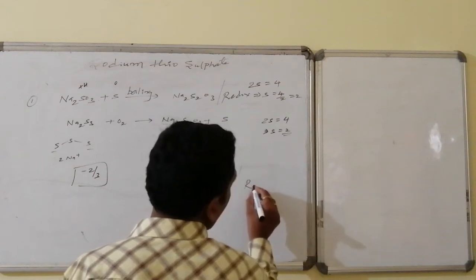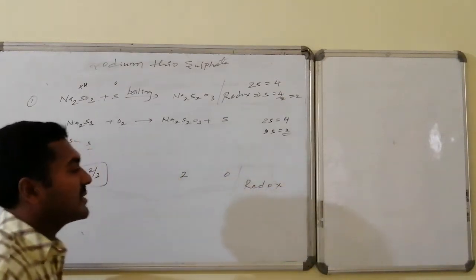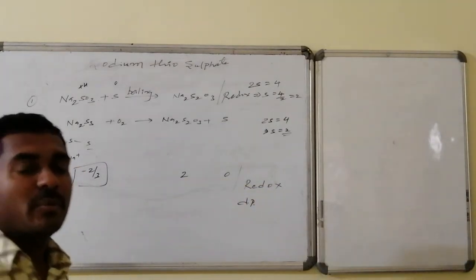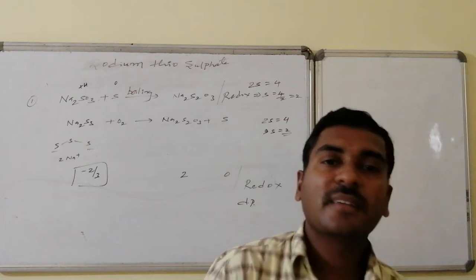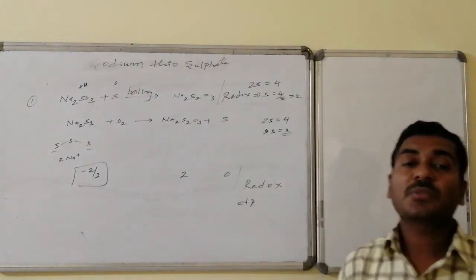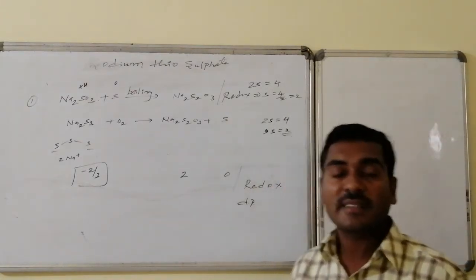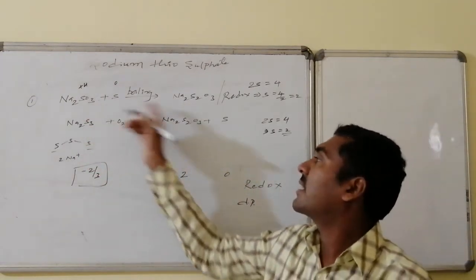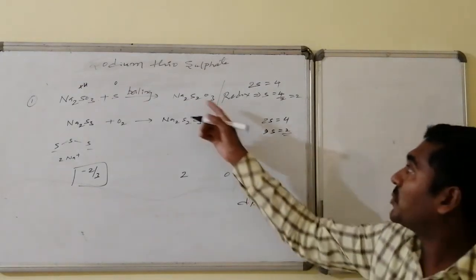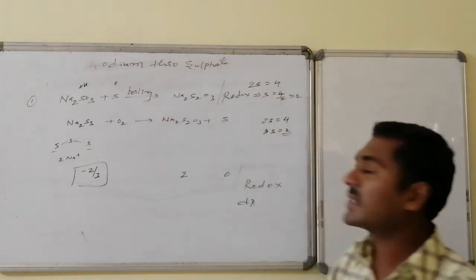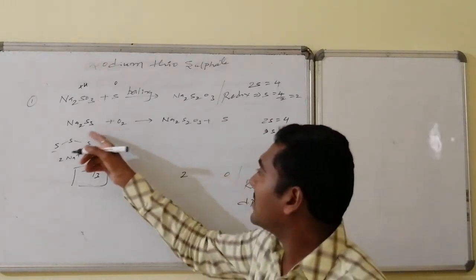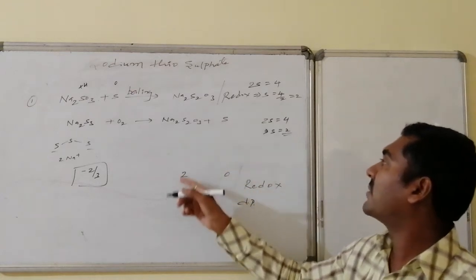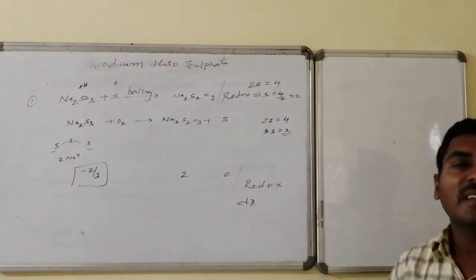Hence it is a redox reaction, and what kind of redox is this? Disproportionation reaction, DP reaction. Thus, sodium thiosulfate can be prepared from sodium sulfite followed by sulfur, and second is sodium sulfide Na2S3 from the oxidation process, where here a disproportionation reaction occurs and here a comproportionation reaction occurs. In comproportionation, two reactants give one product. In disproportionation, one reactant gives more than one product. Thus here two products are obtained, one is sodium thiosulfate and the second one is sulfur.